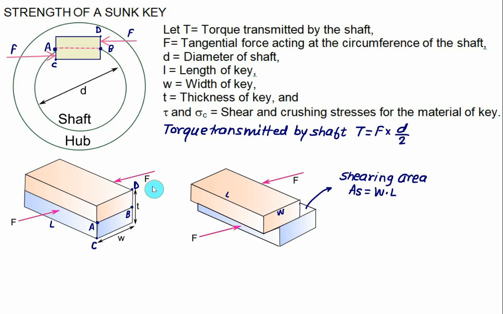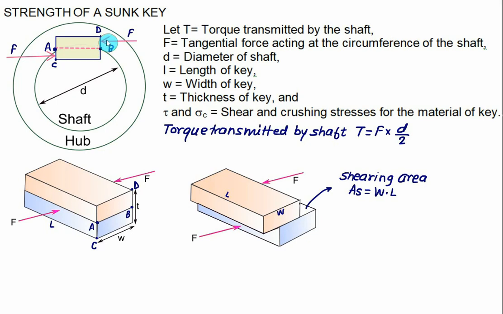So as shown in the figure, the shaft applies the force F on the key, that is this force is equal to F, and the key applies equal and opposite force on the hub. Therefore the key is acted upon by two equal forces of magnitude equal to F. One is applied by the shaft on the lower portion and the other because of the reaction of the hub on